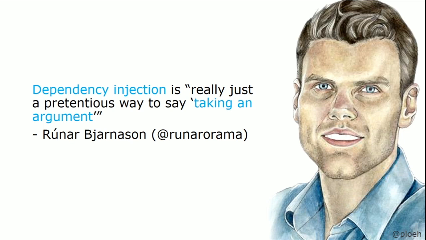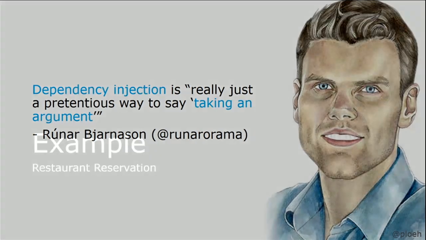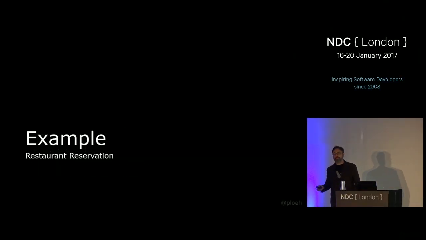So I'll show you that first, just to do a review of what I mean when I talk about dependency injection, and then we'll look at how to do this in functional programming instead. In order to do that, I think it's important to start with an example so we have some code to look at. I'll look at the same scenario all the way through, but I'll write it in different languages and different